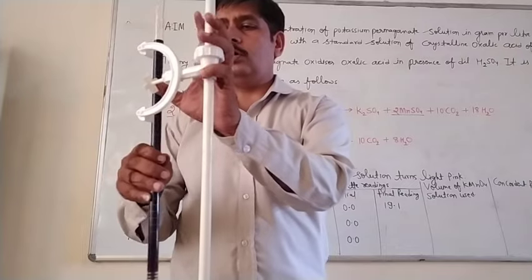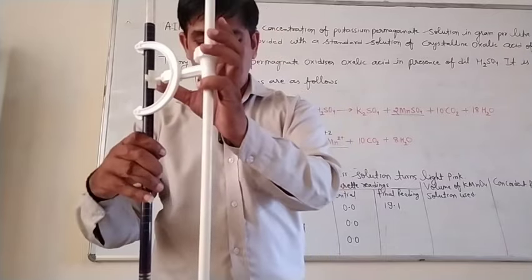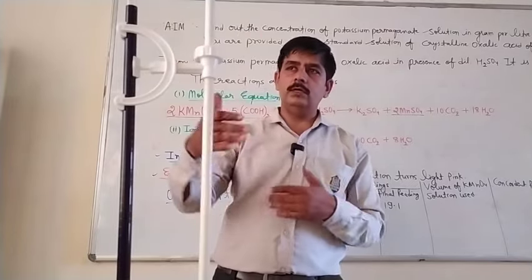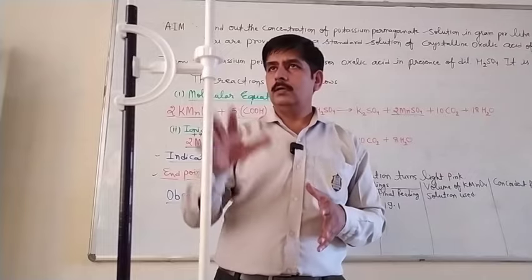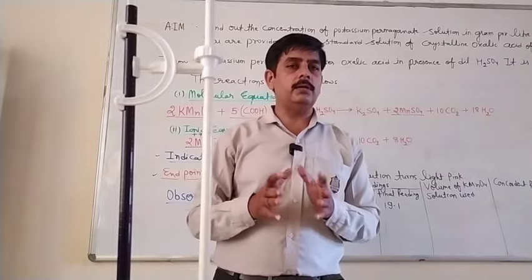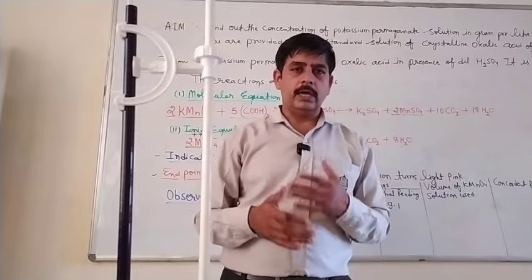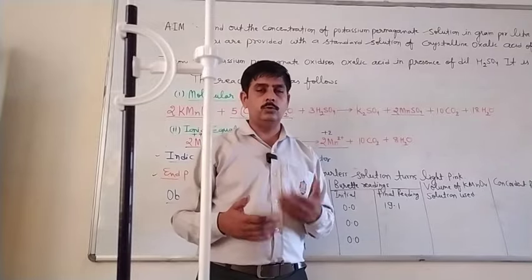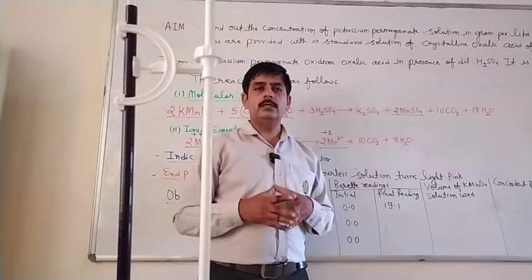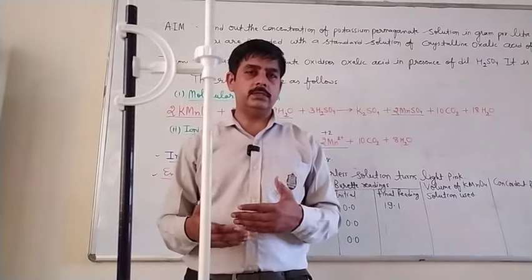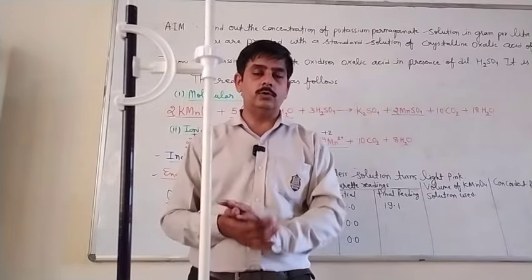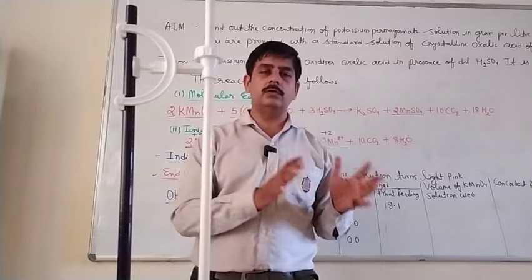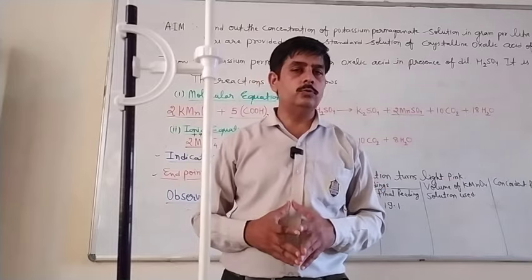Okay, so now what we have to do next? We will perform the same titration again with the solution filled to 50 ml in the burette, and we will take 20 ml in the pipette, and we will repeat the same activity, and then we will write our observations here, and then we will do our calculation. I am just taking two more observations and putting the value here, and then I will do the calculation. Okay, so I think you understood how we have to perform the titration of oxalic acid and KMnO4. So let's do the calculation.